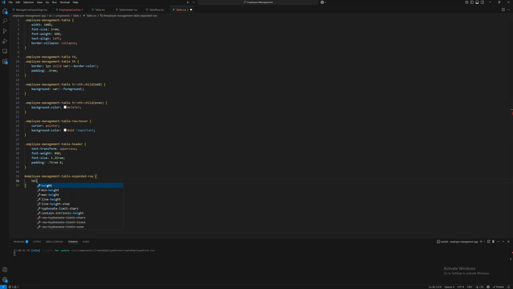Inside, let's go ahead and say height is fit content, and our background color will be transparent. That's going to go ahead and do it for all of our table components. Now we can go ahead and put these to use and actually display our employees inside of our Manage Employees